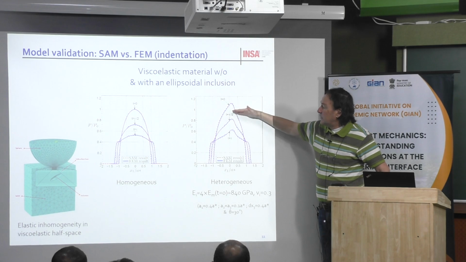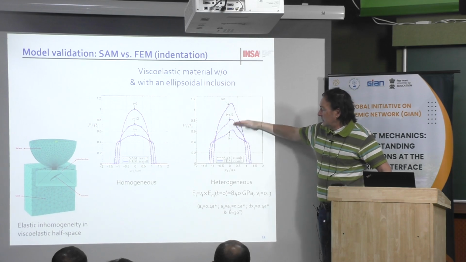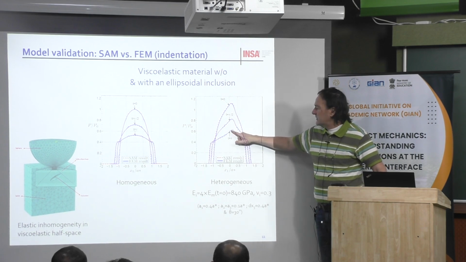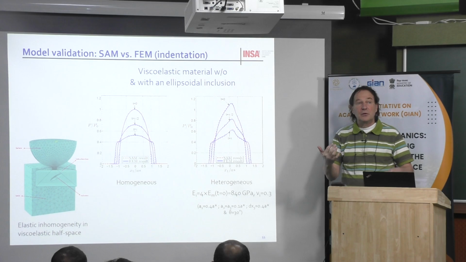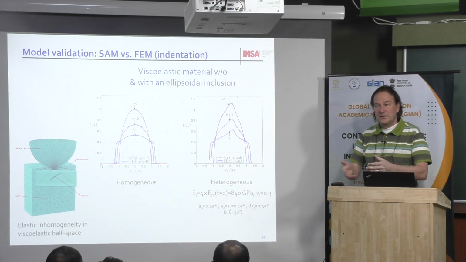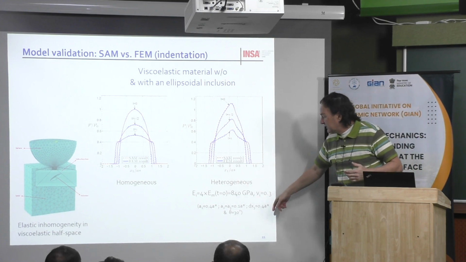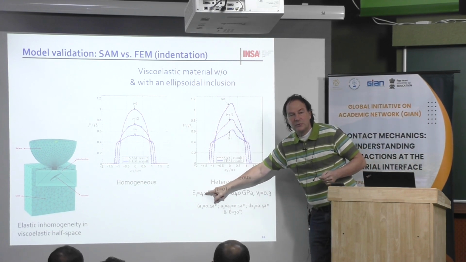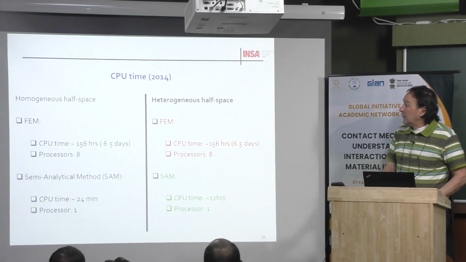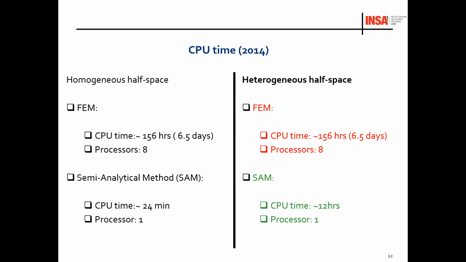After a given time, the pressure will relax, but you will still see the effect of the inclusion. In fact, the effect will be more pronounced because the Young modulus of the matrix becomes lower and lower. Then the ratio between both, instead of being 4, will become 6, 8, 10. This has been done more than 10 years ago.